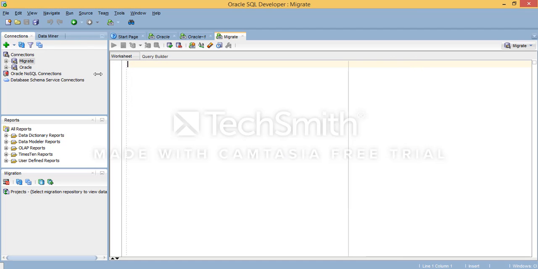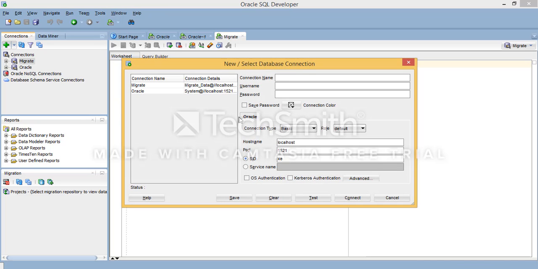Now to migrate, you have to also connect with the SQL Server instance using the Oracle SQL Developer tool. So let's see how to do this. If you see here, you have only one driver available in SQL Developer tool, that is Oracle drivers. So to connect with another database server, the driver of that database server should be installed on this Oracle SQL Developer tool. So let's see how to do this.